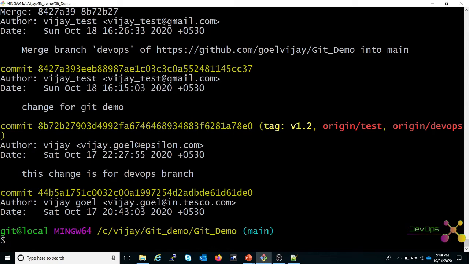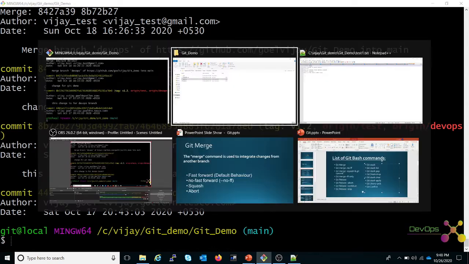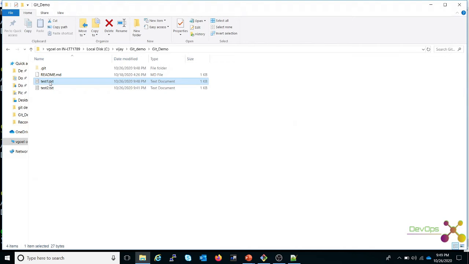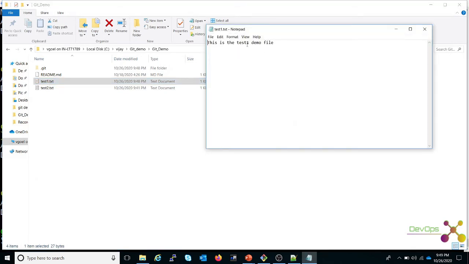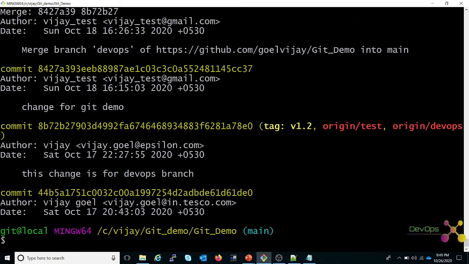Now I have lot of changes in DevOps branch. Even I have done some changes on test1.txt. Let's do the same change in the same file. This change in rebase main branch. Save it so that we can generate a conflict.